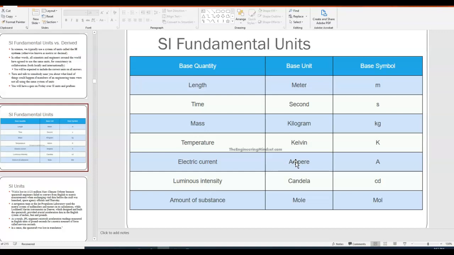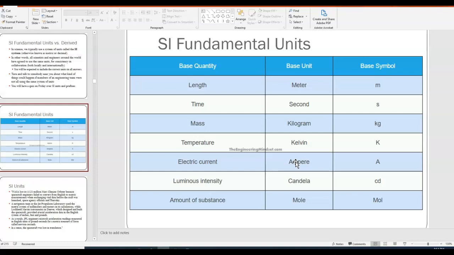And they are, for length, we measure length in meters, and for meters we write a lowercase m. Time we measure in seconds with a lowercase s. Mass, the SI unit for mass is the kilogram. Now in chemistry class, you probably use the gram. The reason for using the gram in chemistry is because when you're dealing with